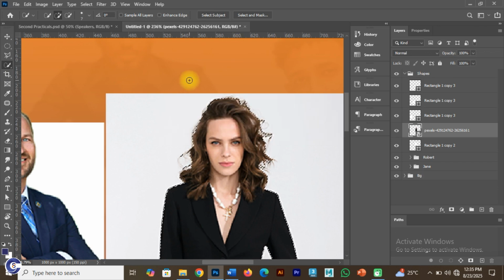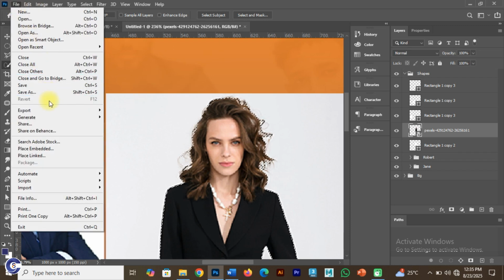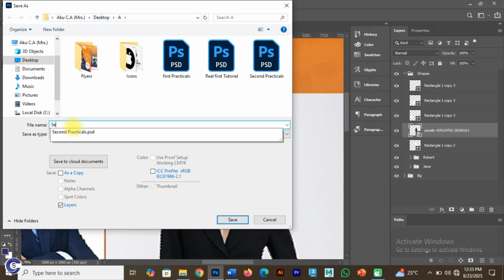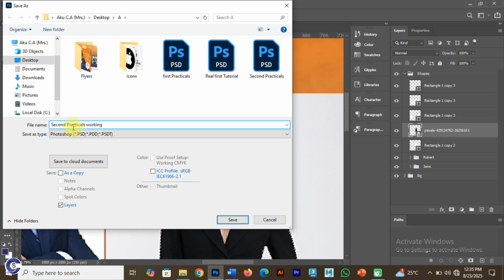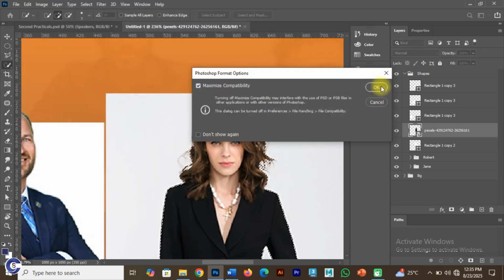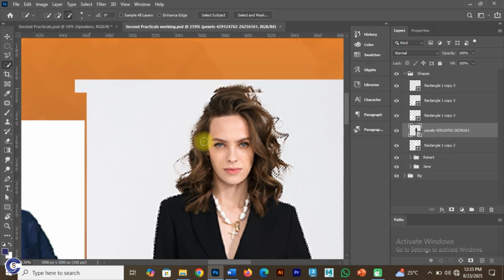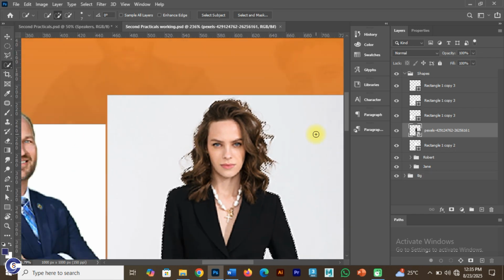Alright, so it's done. Before I continue, I'm going to save this work to be on the server side. Okay, so I'll just go to File, Save As. It's saving it to my desktop, Adobe Photoshop, so I think it's cool. I'll name it Second. Okay, I have a folder named Second Practical, so let me call it Second Practicals Working, something like that. I'll click Save. I think you should do that, because sometimes this could just crash. So it has done this thing, and not so clean enough, but